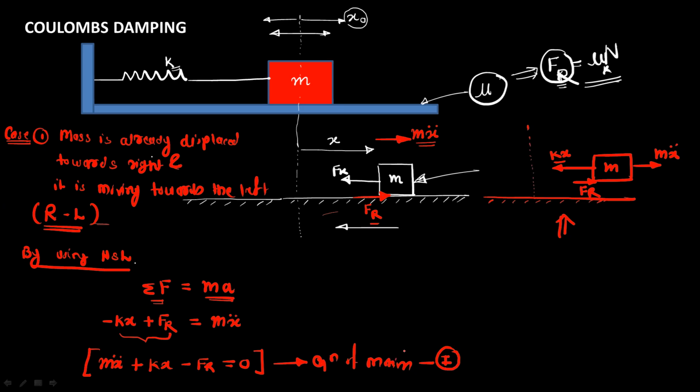Now from this equation, we will find out the solution for x so that we can plot the oscillatory waveform. Okay. And then we can observe the damped motion. As we are discussing, this is Coulomb's damping. That means there is a resistance to the motion. So the amplitude of the vibration will go on reducing. In order to plot that waveform, we have to find out the equation for the displacement x from the equation of motion.